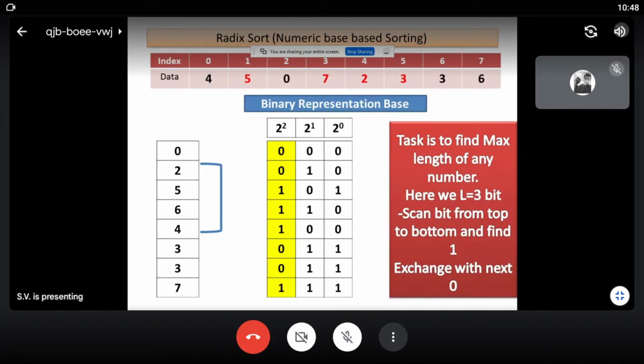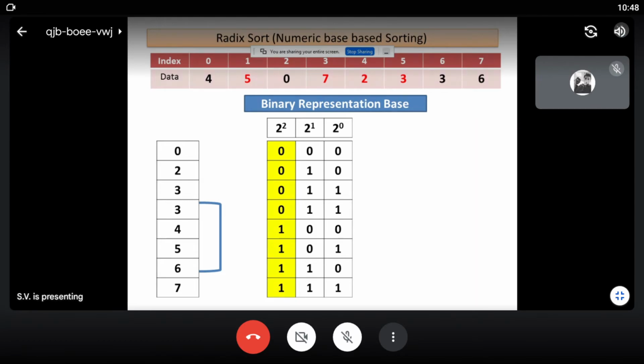Again we have to compare the next values, that is 1. So we find the 1 in position 5 and 0 at position 3. So 5 and 3 will be swapped, that is, a direct exchange. So no comparison, they are just directly exchanged, and 3 will take the position of 5 and so on. So next you will have a comparison of 6 and 3, and finally there is an exchange between 6 and 3.